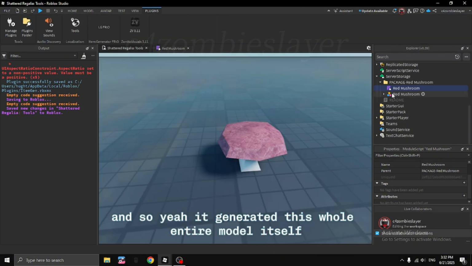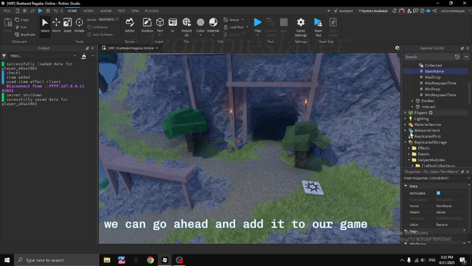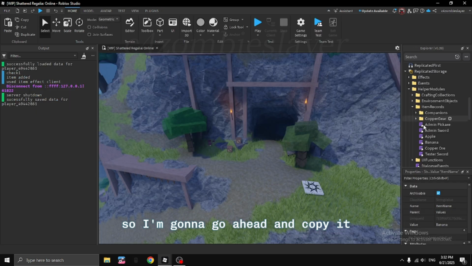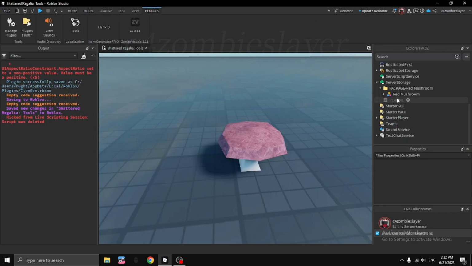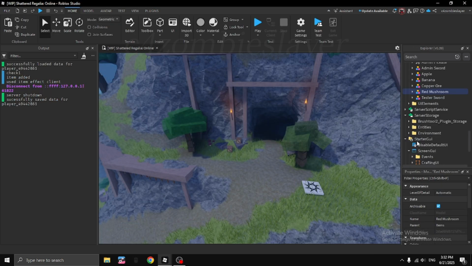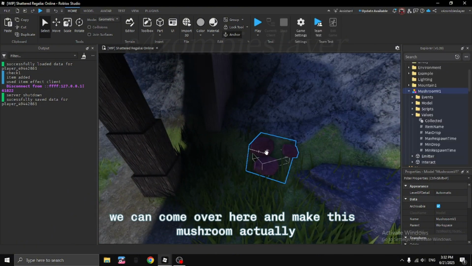And so yeah, it generated this whole entire model itself, the item itself. And if we come back here, we can go ahead and add it to our game. So I'm going to copy this and paste it into item records. I'm going to copy the model as well, and paste it into items. And now that we have the whole entire model and the script and everything, we can come over here and